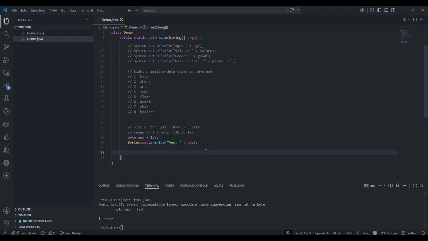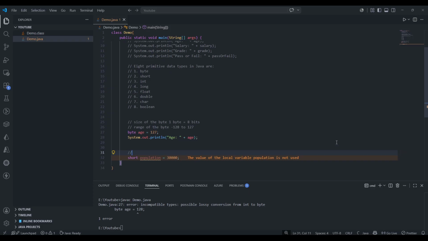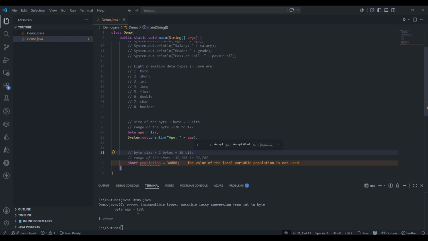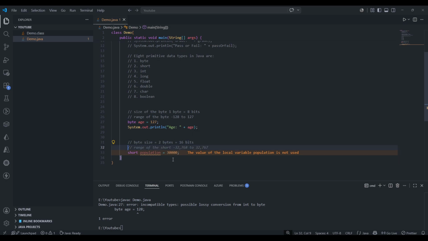Then another type, short. Population equals 30,000. We have 2 bytes. The byte size of short is 2 bytes, 16 bits. The range is from minus 32,768 to 32,767. So the formula is like minus 2 power,